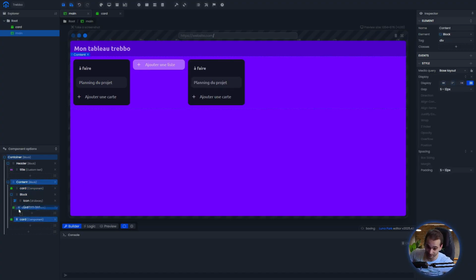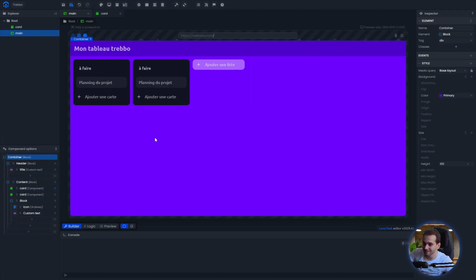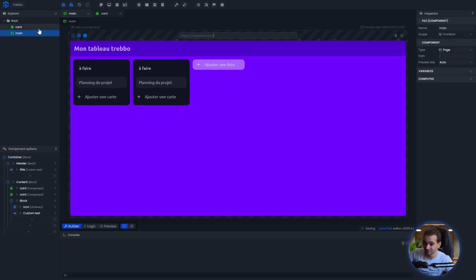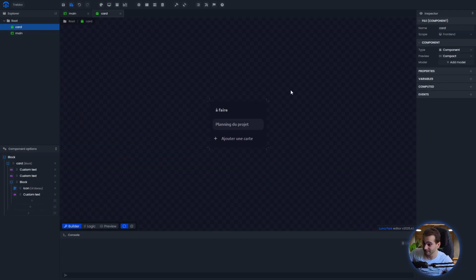But here we have a little problem. Our cards are identical. You can't customize them like that. So we're going to have to add properties. For example, to change the title. There we will have to do, and there we will have in progress. So to do this, we're going to go back to the card component, and we're going to create for example,